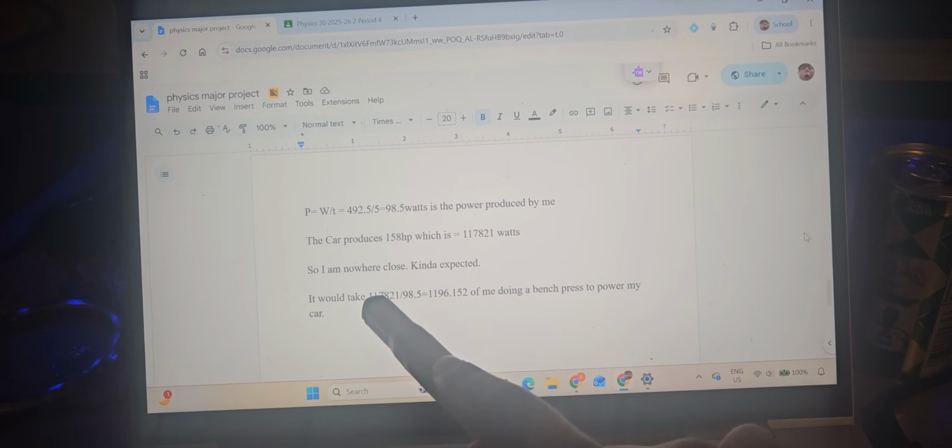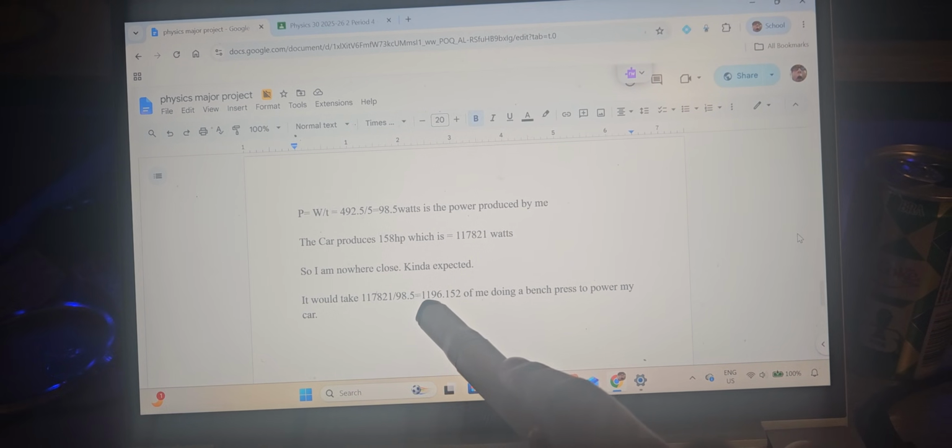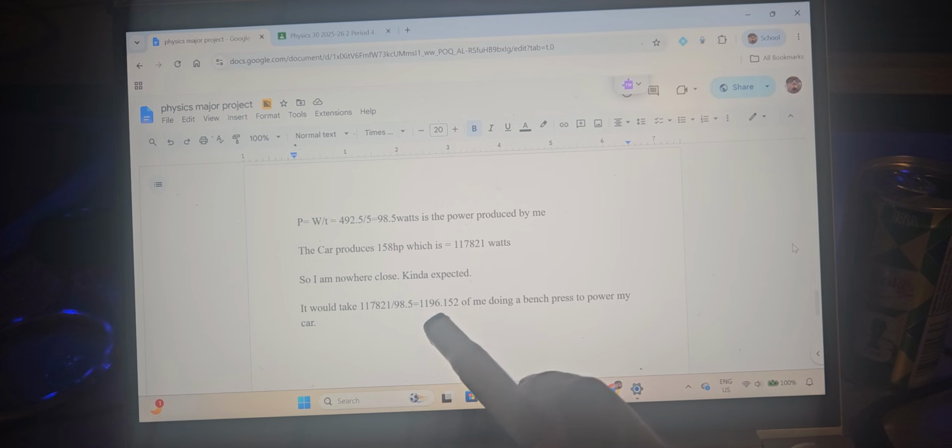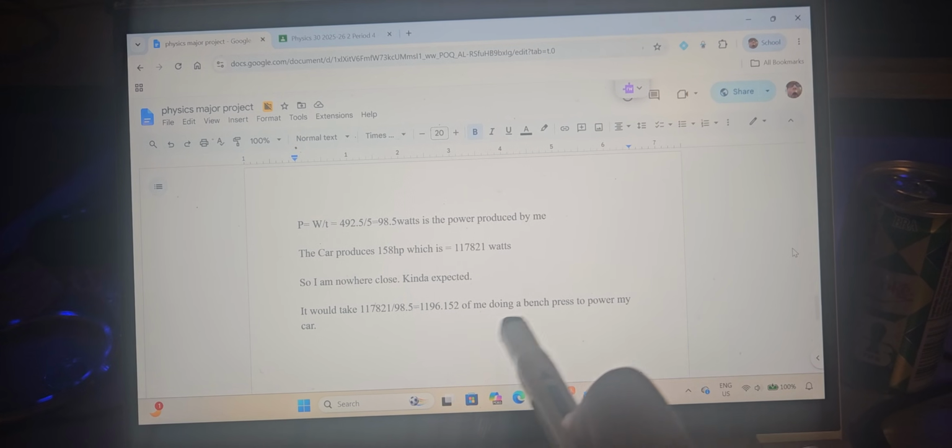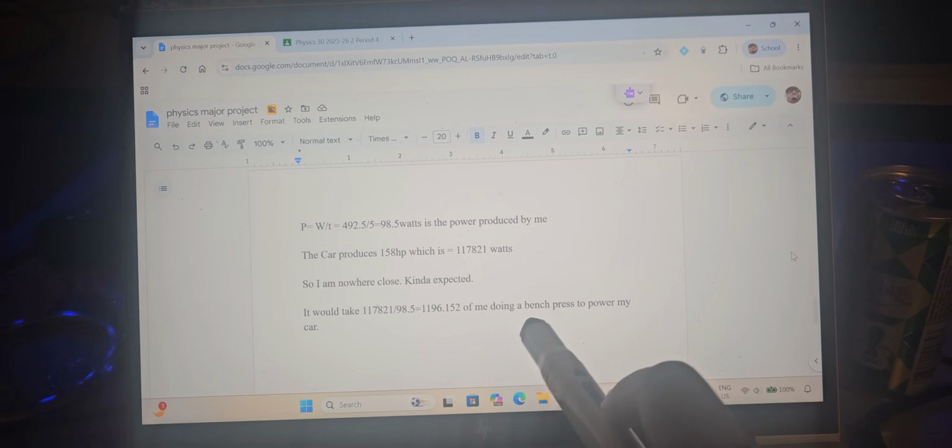So it would take around 1,200 of me doing bench presses to move my car, which is pretty